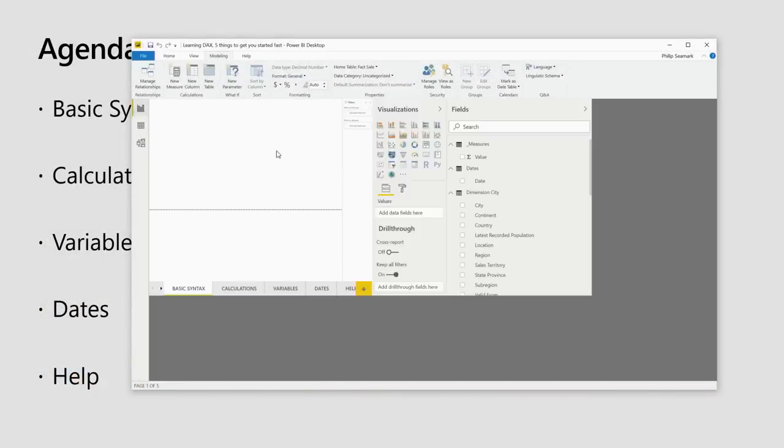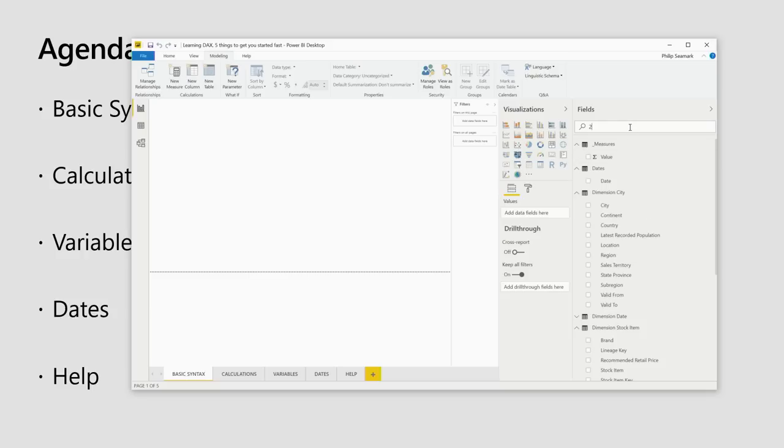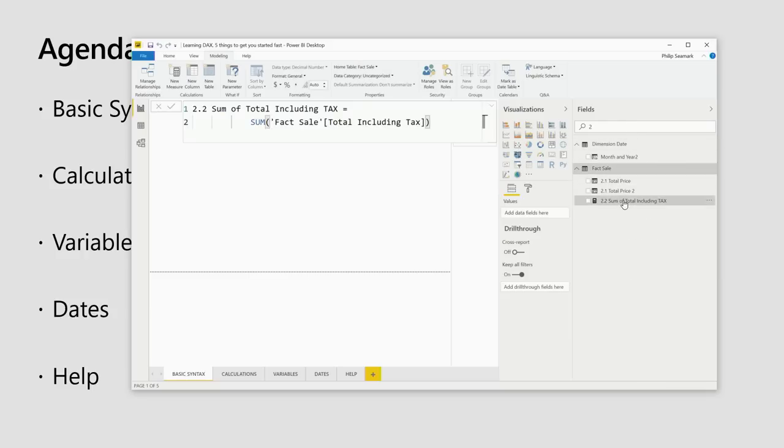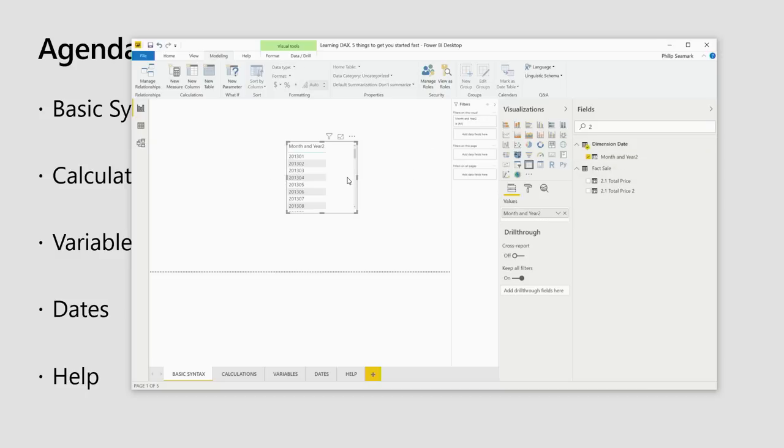But let's have a look at what this looks like on the canvas. So if I drag this measure, and where did I create this measure? I will have to find it. I created it here, on the fact sale table. And a quick tip, if you ever want to move your measure to a different table, on the modeling tab, you can reset the home table for that measure to be where you would like it to be. Now, this is a cosmetic thing. It will still produce exactly the same result regardless of what table it sits on. The only difference would be if you do reference the measure name with the table name, then it will stop finding it. But let's drag that measure that we just created onto the canvas.